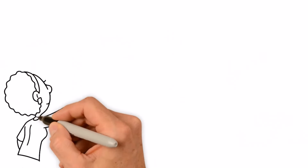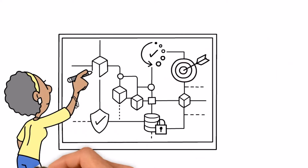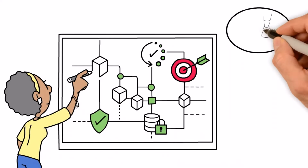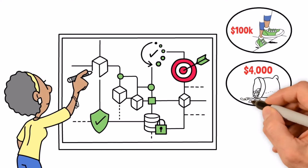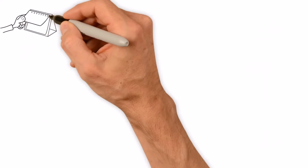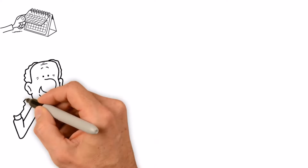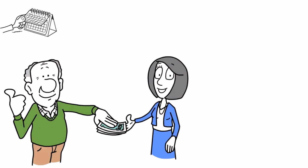Let me show you exactly how this acceleration works in real numbers, using a real example with conservative estimates. Starting with a $100,000 portfolio, your journey begins with $4,000 in dividends in your first year, based on a modest 4% yield. As you move into the second year, thanks to reinvested dividends and a 6% dividend growth rate, your annual income jumps to